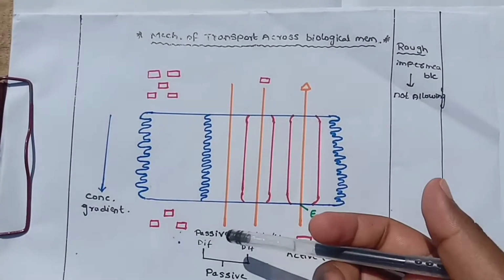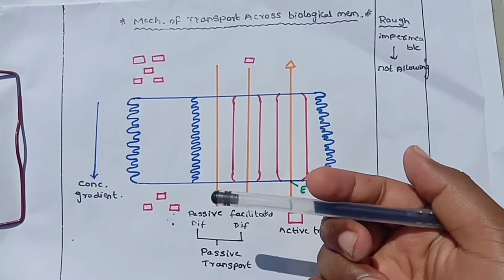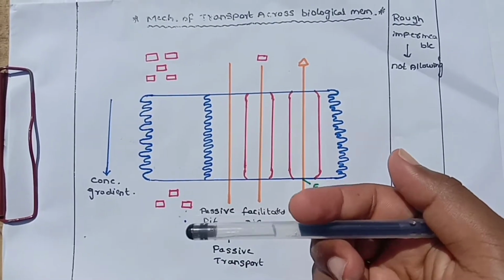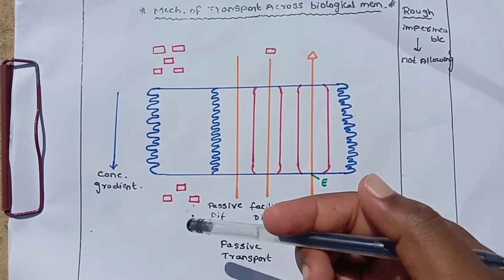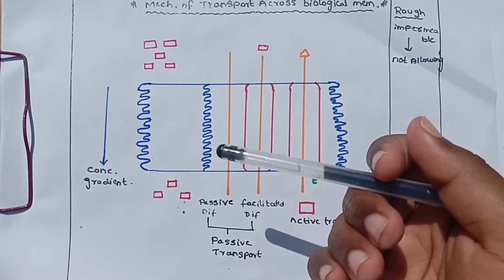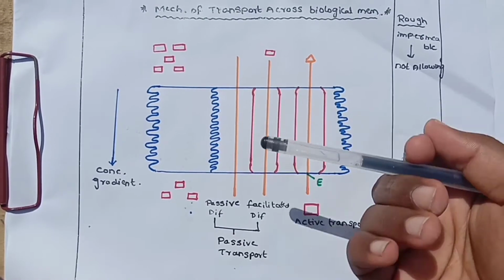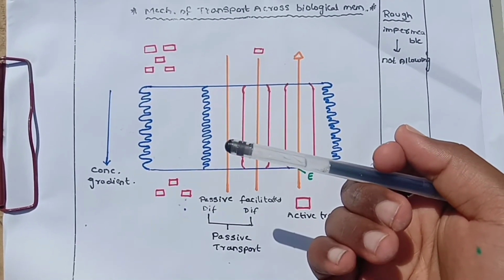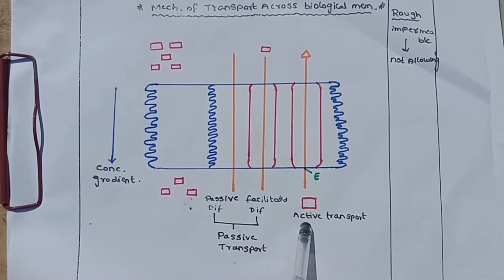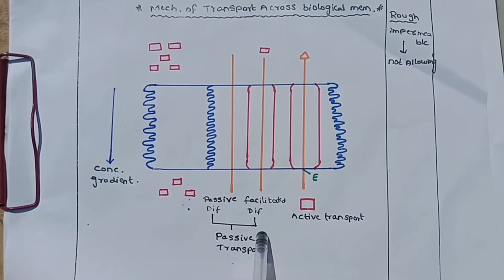The biological membranes are relatively impermeable. The membrane therefore forms a barrier for the free passage of compounds across it. Impermeable means not allowing. At least three distinct mechanisms have been identified for the transport of solutes across the membrane: passive diffusion, facilitated diffusion, and active transport. The passive and facilitated diffusions are passive transports.